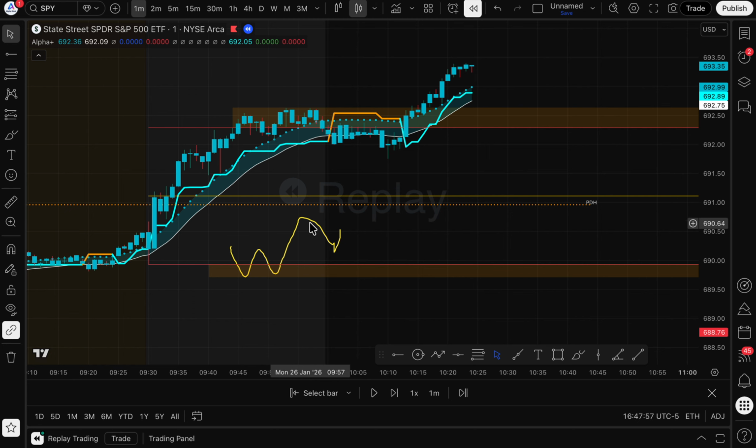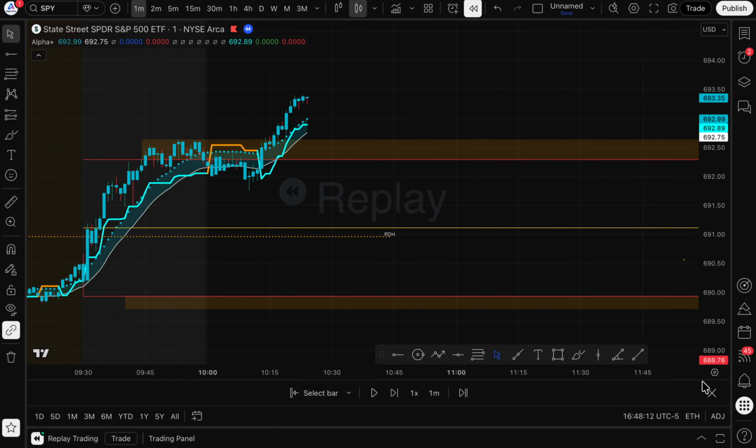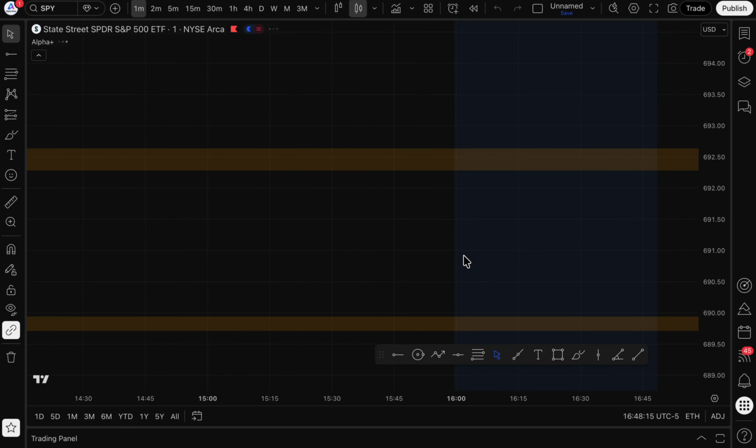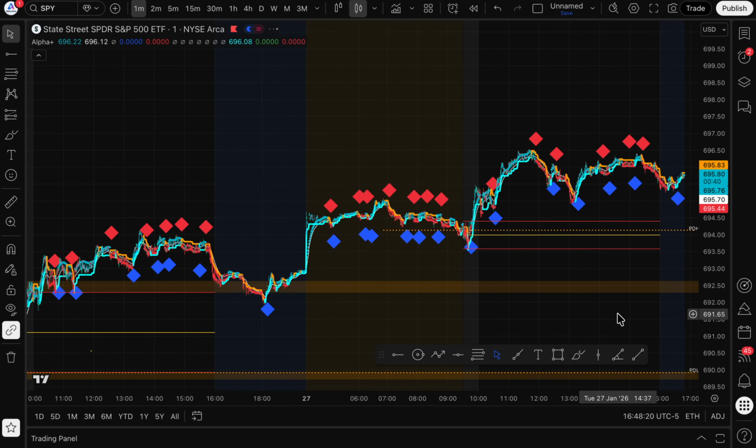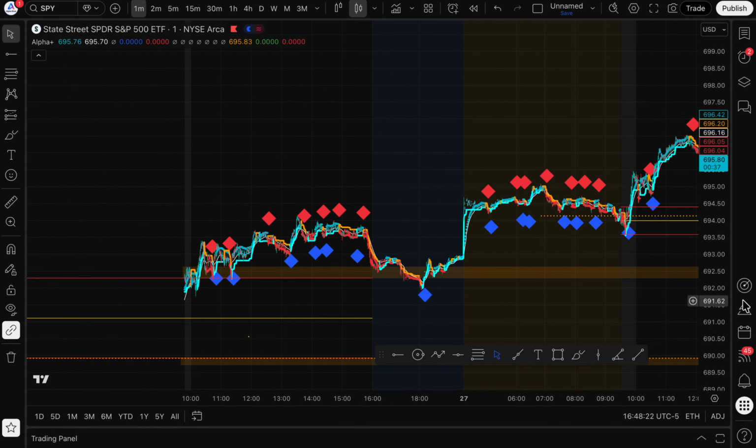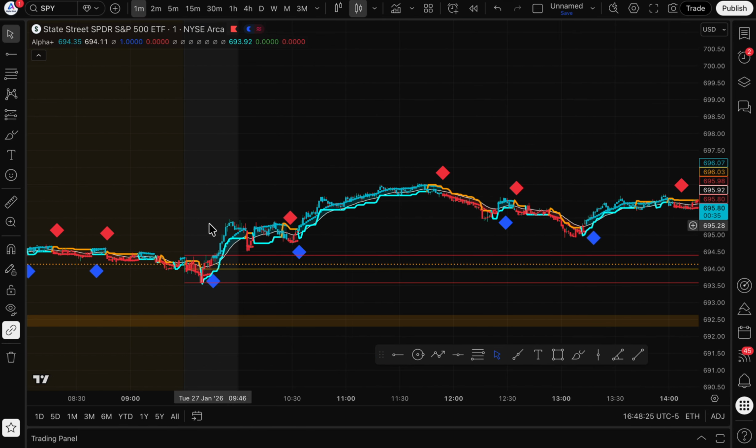And if for some reason it bounces back in or it bounces back up, I'm going to try to see how far it is away from this. But anyways, that was yesterday, and I was trying to explain to everybody that if a stock skyrockets in that 15-minute window right there,